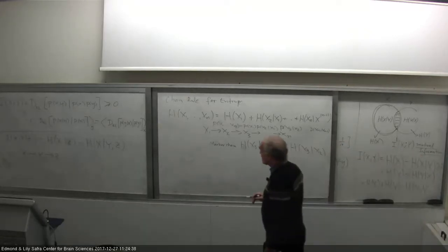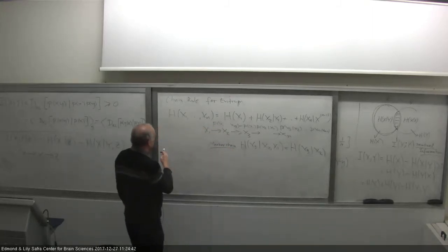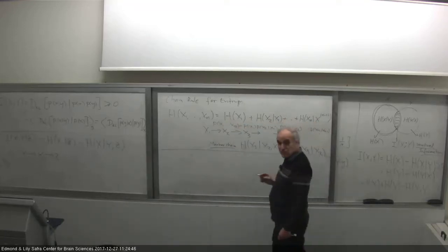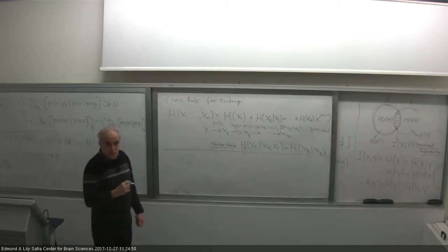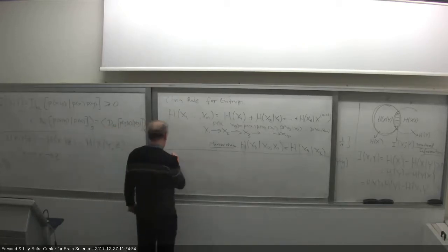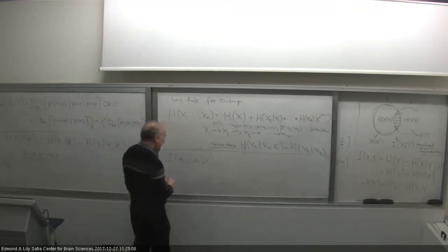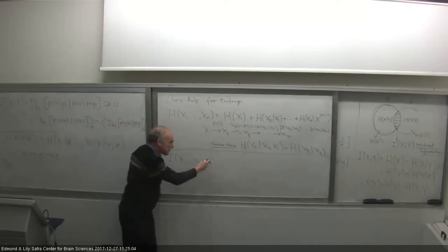No, just a moment. So this is the chain rule for entropies. Now, what is the chain rule for information? In principle, I should have something very similar, and indeed I have something very similar. So if I have a sequence of variables, and I want to ask how much mutual information is in the sequence about another variable y.